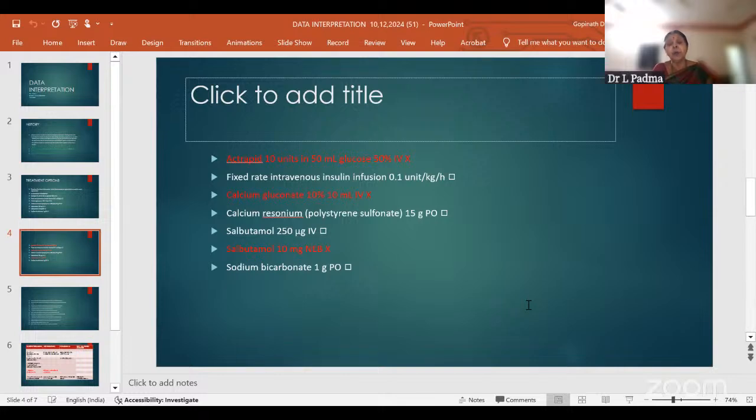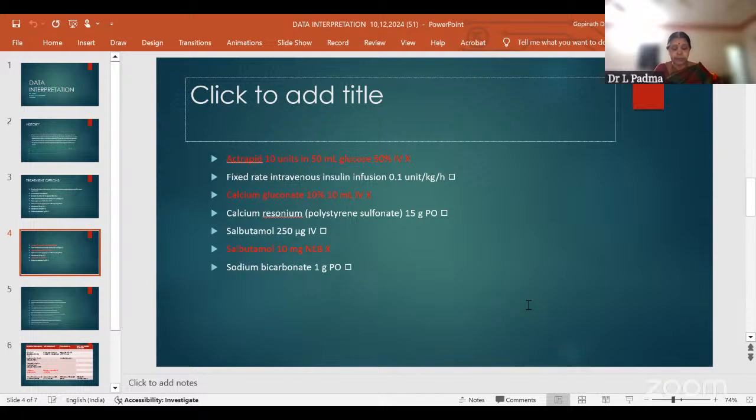That's the reason why we have to give very, very slowly. Next, salbutamol. Salbutamol is a beta 2 agonist which will stimulate the sodium potassium ATPase pump via beta 2 receptor stimulation, driving potassium intracellularly. So we prefer actually IV salbutamol, which can reduce hyperkalemia, but in an outpatient